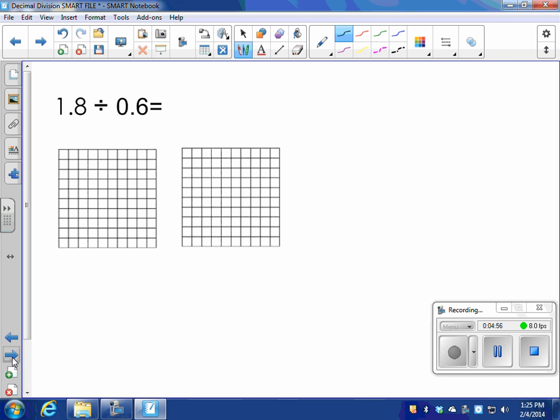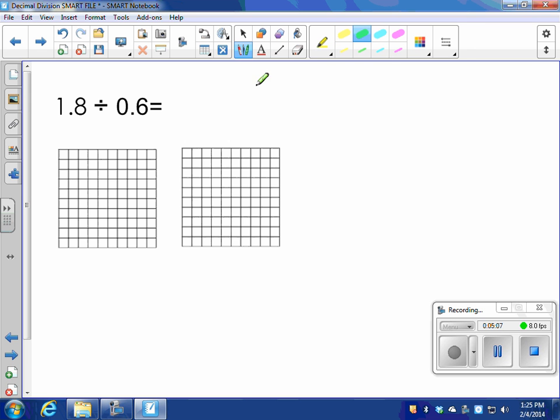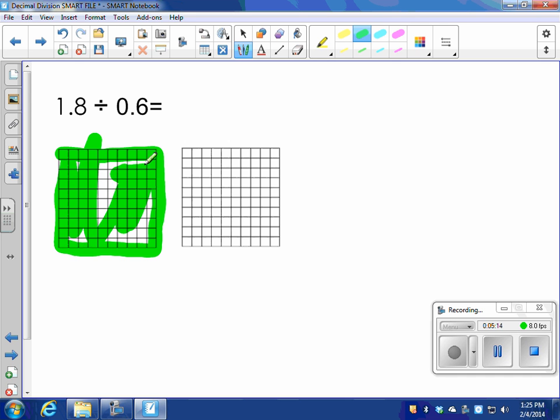You can also use hundreds grids to solve these problems. Here I have the problem 1 and 8/10 divided by 6/10. So I'm going to come up here, and I'm going to shade in 1 whole,